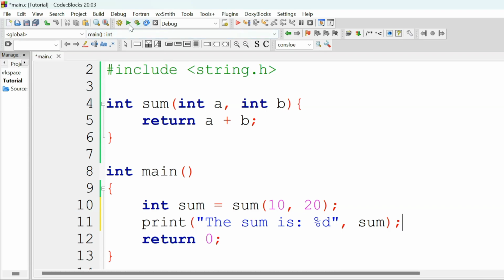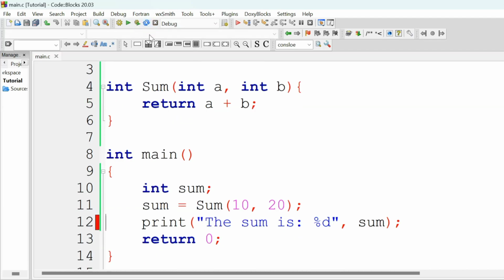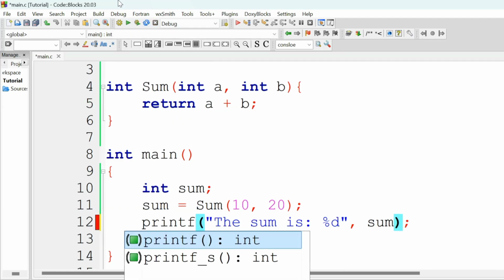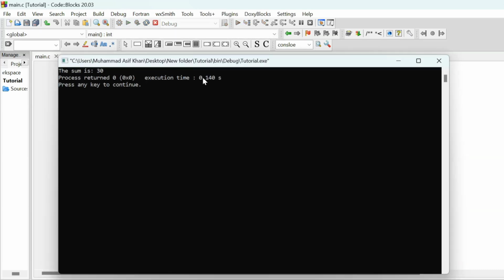Let's run the program. There is an error. Spelling for both the sum variable and sum function is the same, so change this and run again. There is a spelling mistake, printf, and run again, and you can see it displayed the sum is 30.